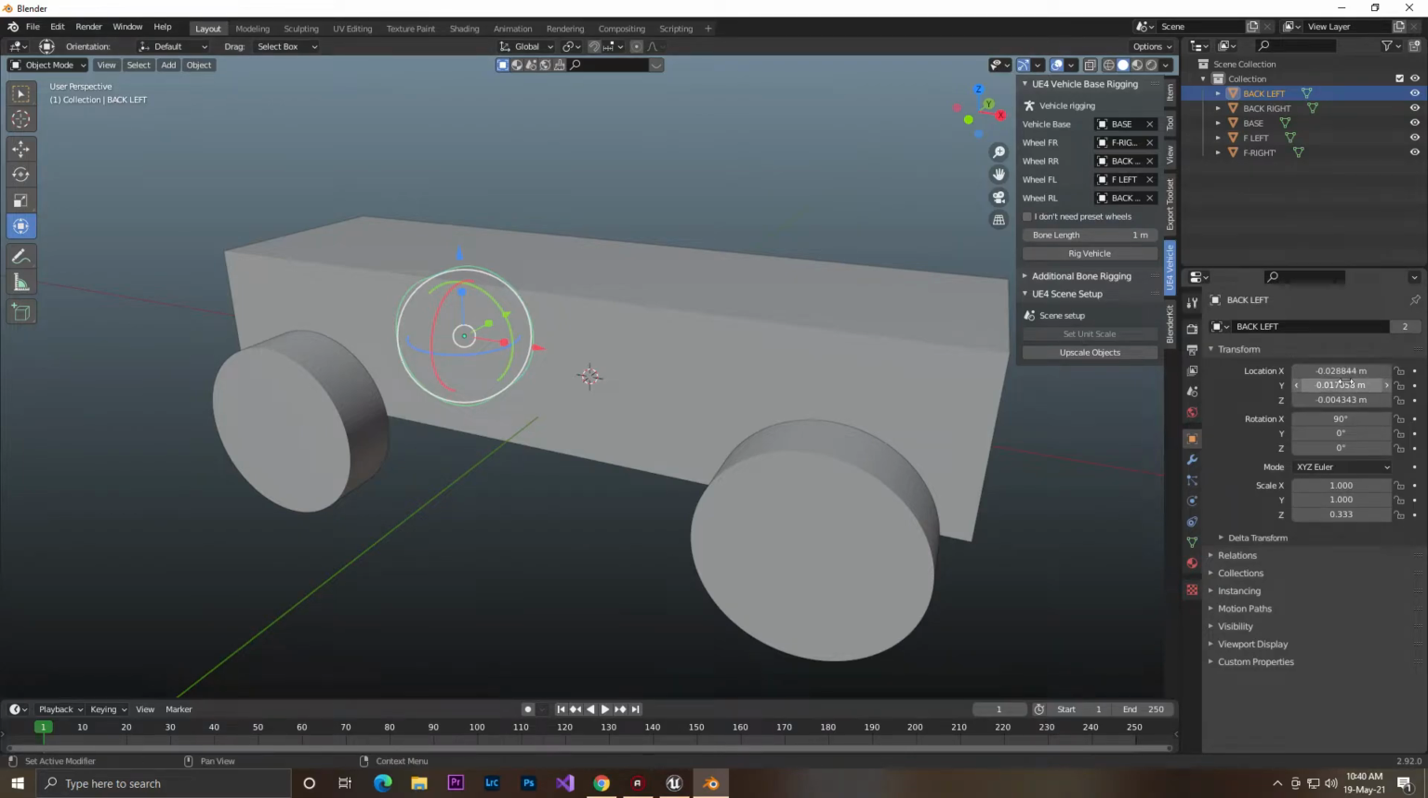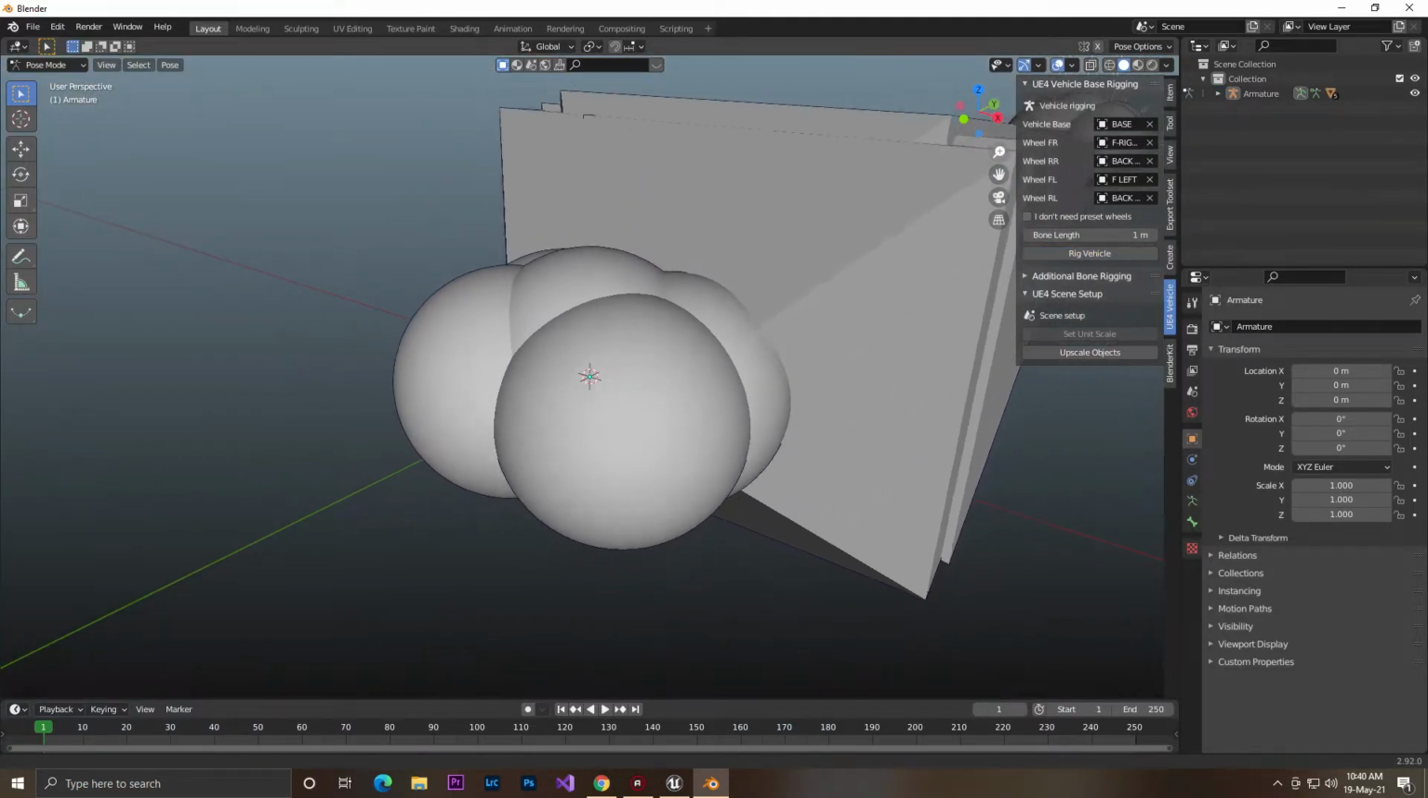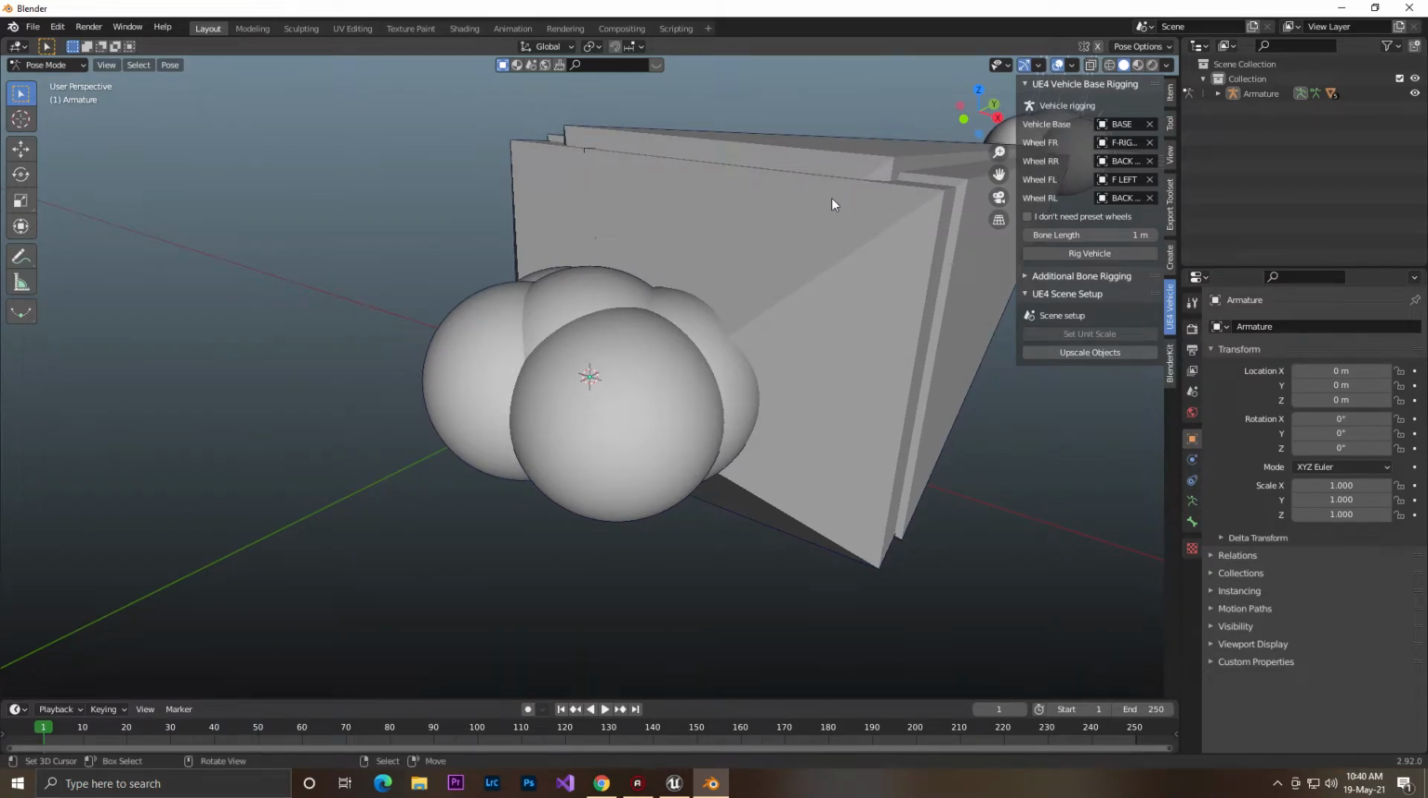Okay, as you can see, the scale has changed. Now we need to click on Rig Vehicle. As you can see, now the bones have become very big. So then you need to press that